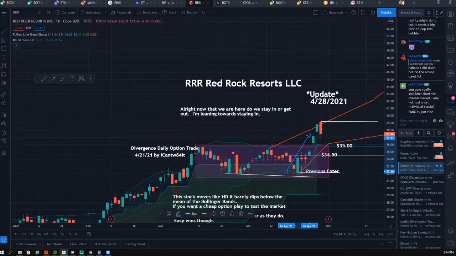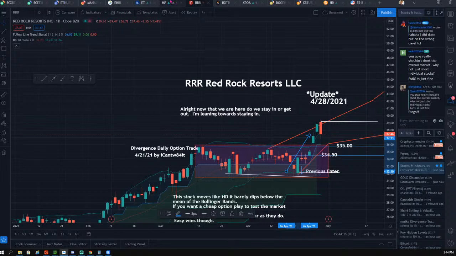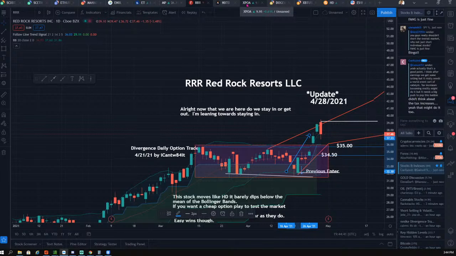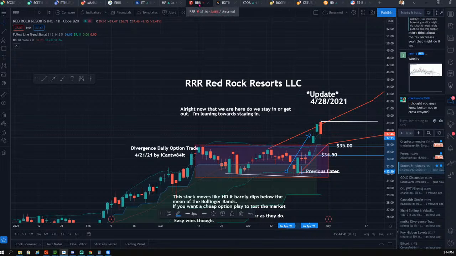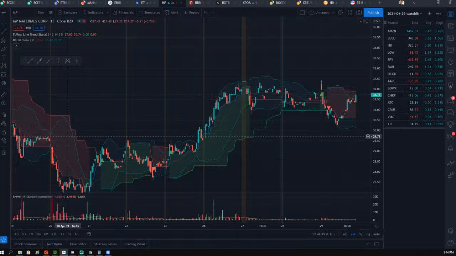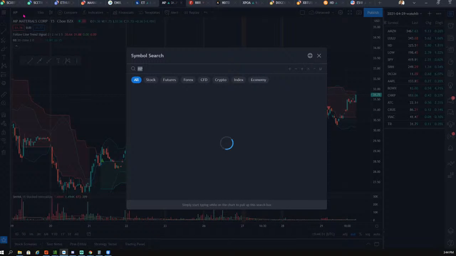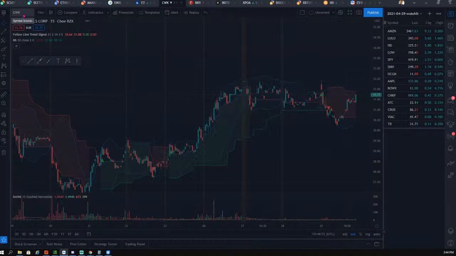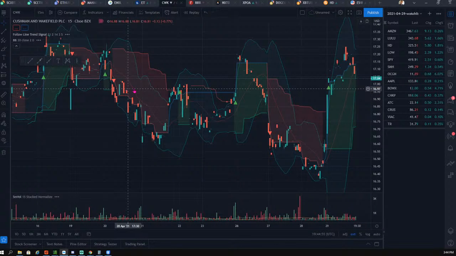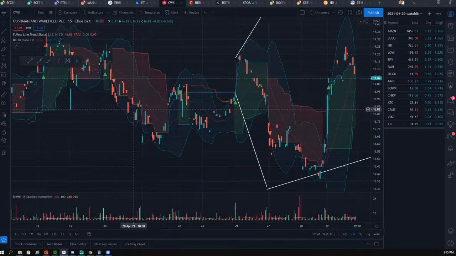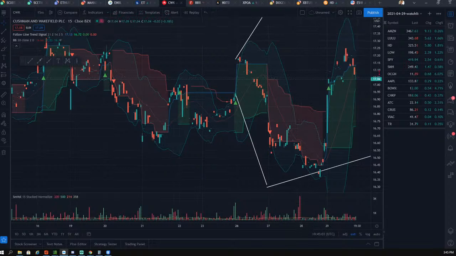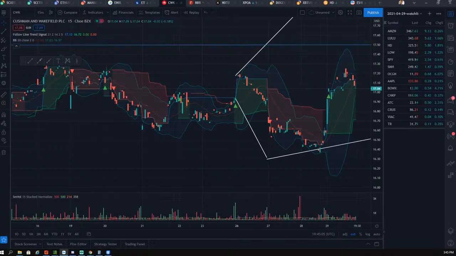So now we got Cushman and Wakefield, CWK. Where's my CWK? Oh, I must have changed it here by accident. Yeah, I see that spot you're talking about between 93 and 95, the low volume. I think it was just the breakout. It was just like different nodes, you know what I mean? For the overnight when they got to that spot, they had single prints there